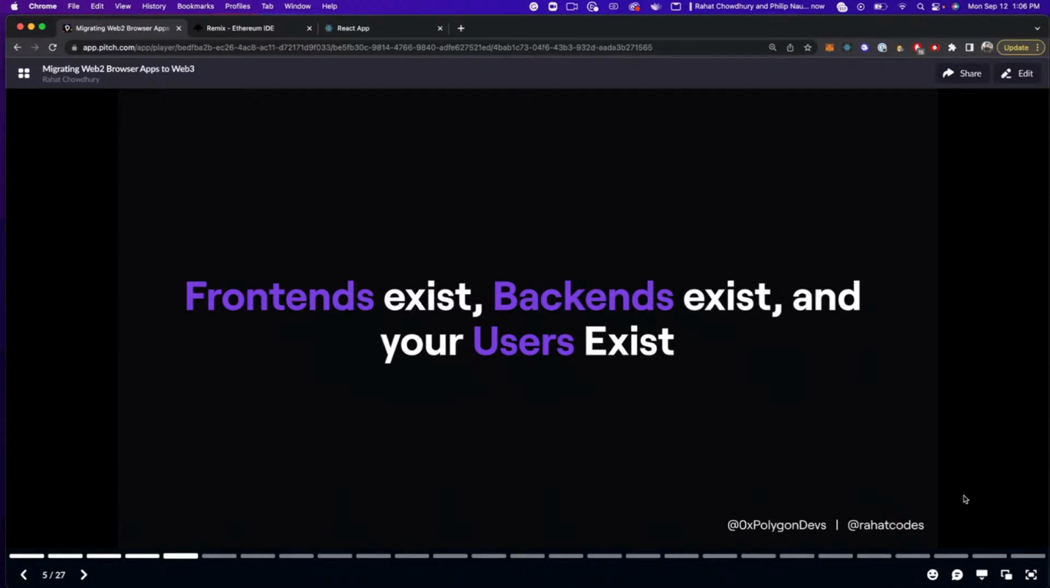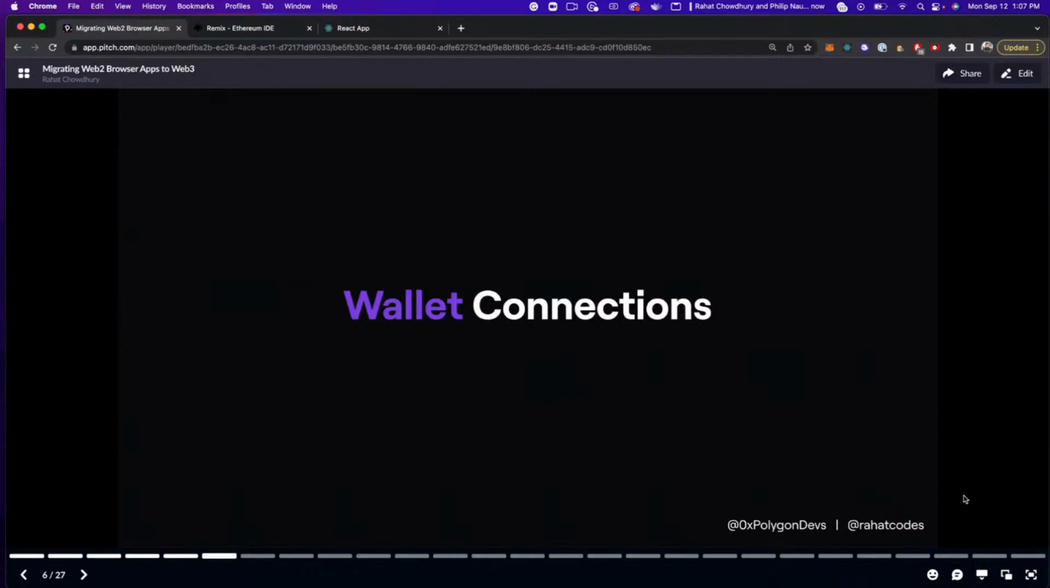And the most important part of this is that your users still exist. So you have to be building for your users. You have to be building experiences that are easy for them to experience with your application. We're gonna first start off with wallet connections, but before we dive into wallet connections, I just want to show